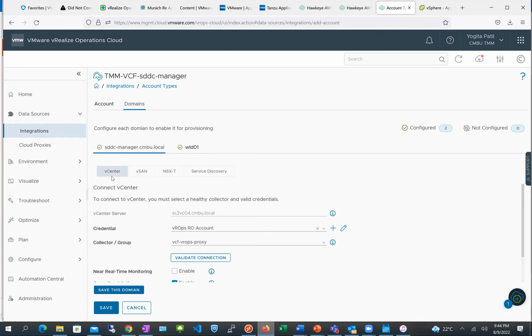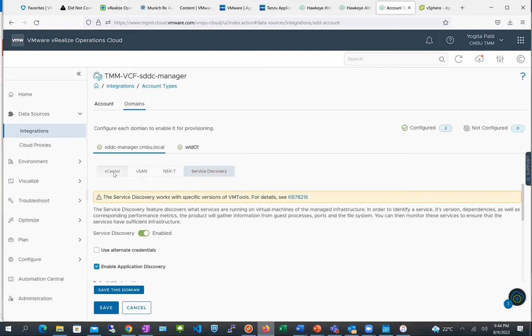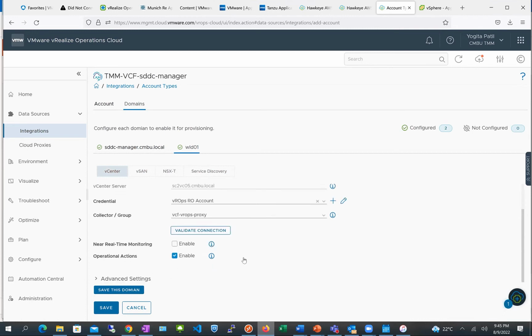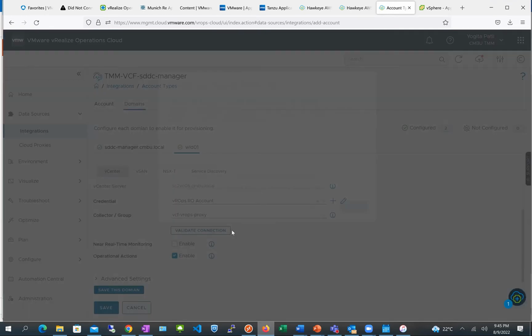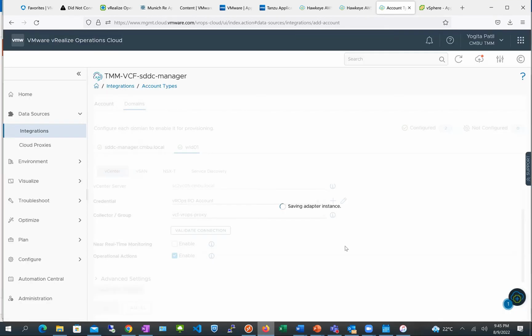For each of the domains, it has also discovered the underlying adapters that are being used for those domains. It shows you how many are configured, and if you say save this domain, it will start collecting information for that domain. So if I had a test domain here for which I do not want to collect information, I can choose to not have that in there. Once you say save this domain, that's when it saves the information and everything underneath that domain, and it starts